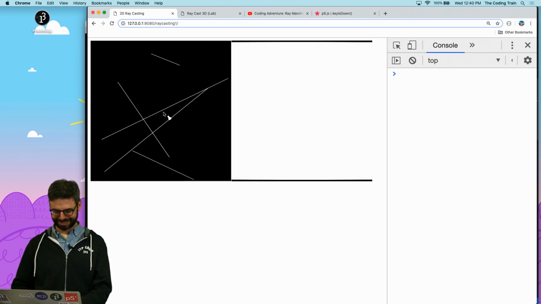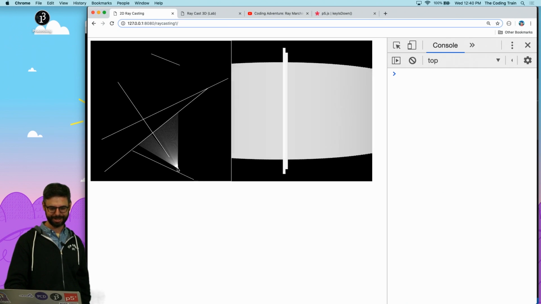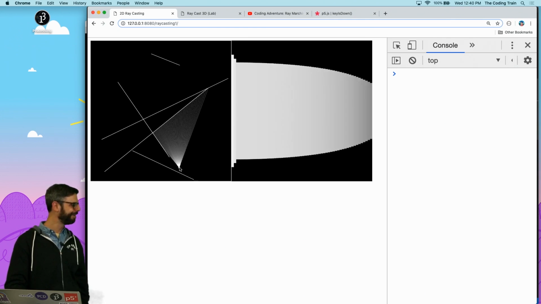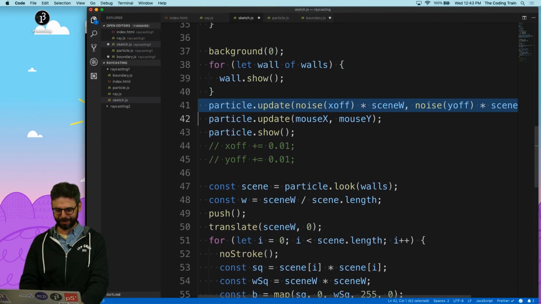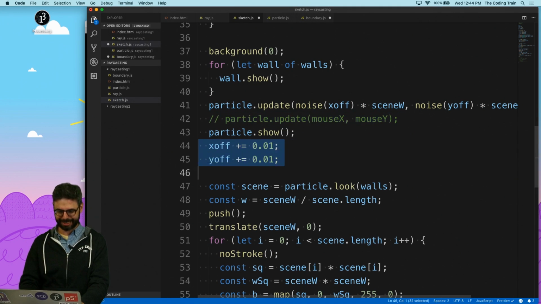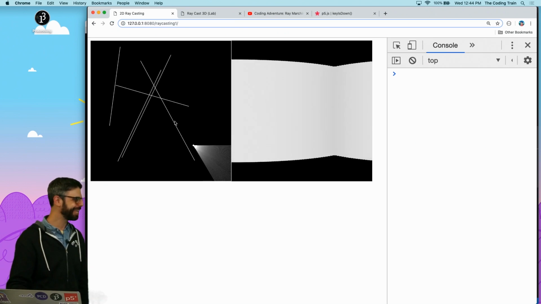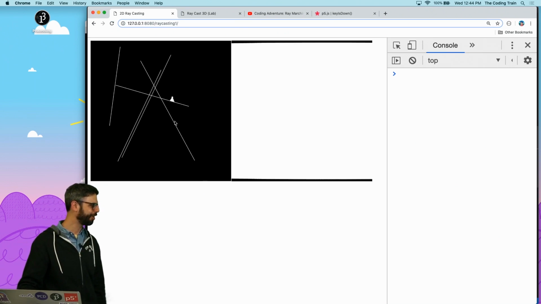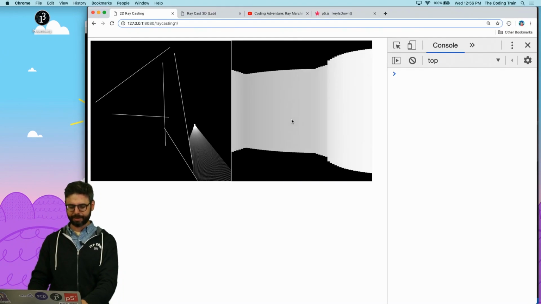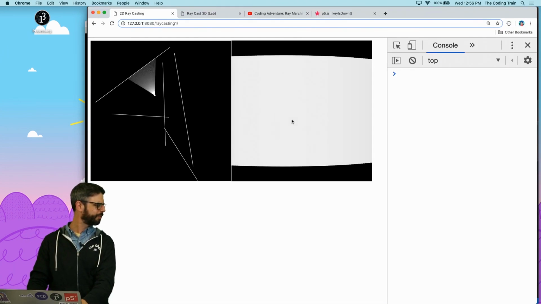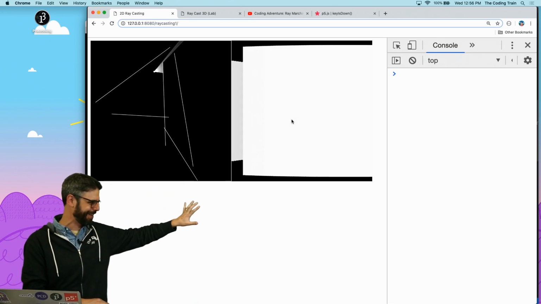Whoa. Okay, let's turn around and see this wall and move. This is kind of interesting here, this spot right here. There's that wall. Okay, let's add the Perlin noise moving back, because I think that'll be fun. I don't want to move it with the mouse anymore. Let's add Perlin noise back. And there it is. There's my thing walking around, and I could turn. This ability to rotate around with Perlin noise is a very weird interaction. Even though the perspective is wrong and various things are wrong about this,